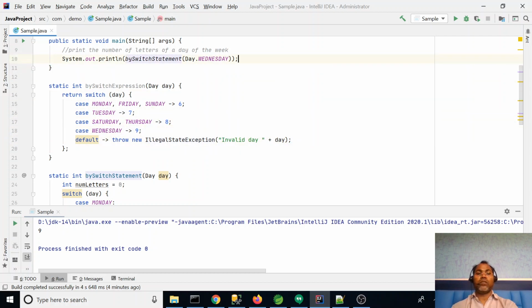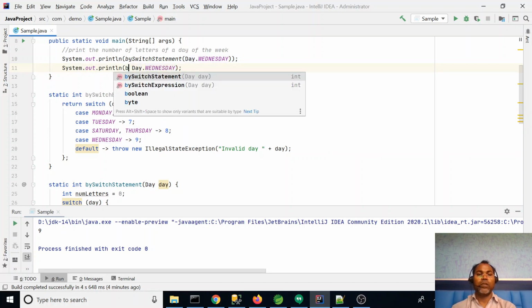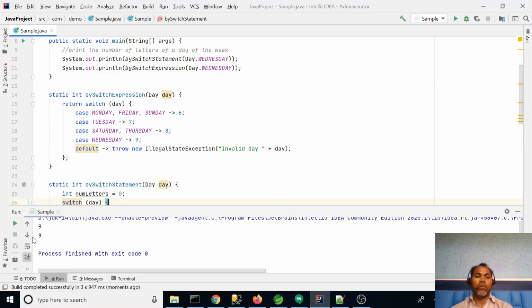Just check it out. Let's check Wednesday. Oh, we have to invoke the function with the switch expression. Now let's run. So finally, it works the same.